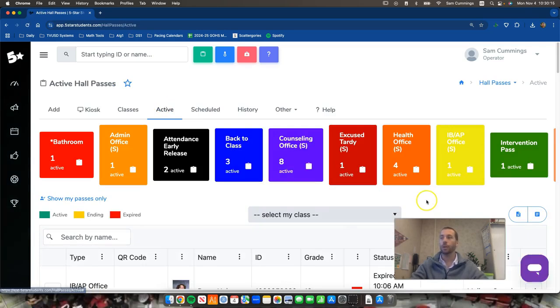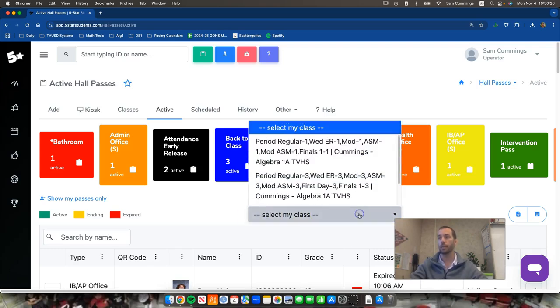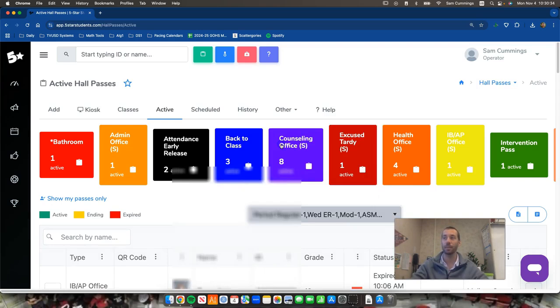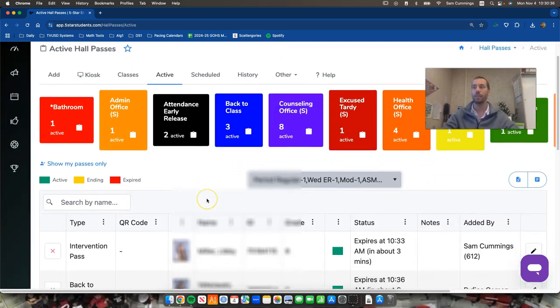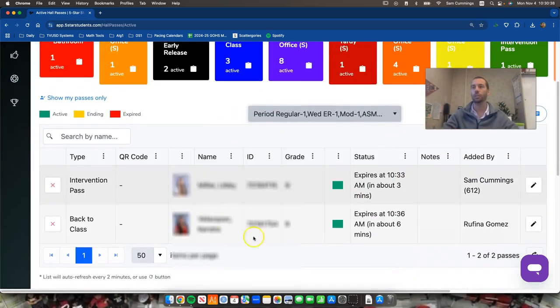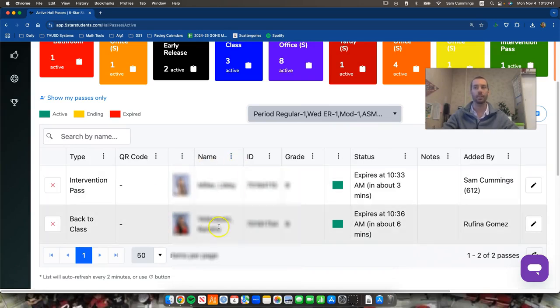And this is where you can go ahead and filter by students that are in a particular class, namely your second period class, because those are the ones that are sitting in your intervention. So you go to the select my class right here, click on that, and then you're just going to select your second period class. I don't have a second period class, so I'm going to pretend that my first period class is my second period class. Click on that, and then when you scroll down, it should just show which passes are active and for which